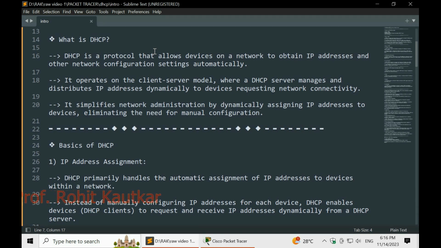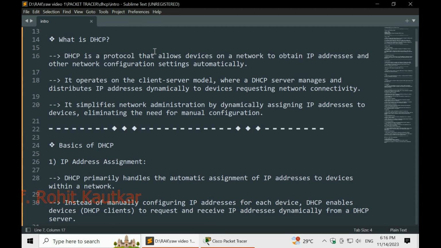So assume that we have thousands of computers in the network. In that case, assigning IP addresses and other network configuration settings for every computer will be a tedious task. So DHCP comes for help, which makes the process of assignment of IP addresses to the host dynamic. So the manual process will get removed and all machines can get IP addresses as well as other network settings like subnet mask, default gateway, DNS server address automatically with help of DHCP server.